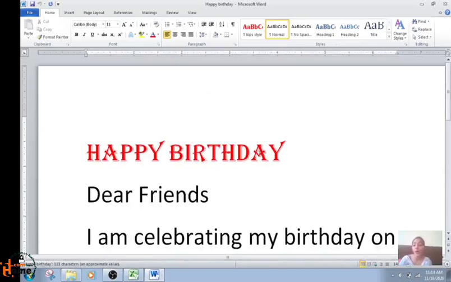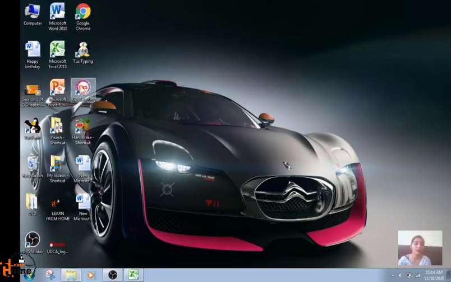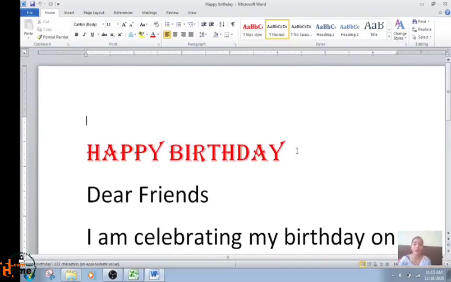Okay. Now I want to close this MS Word. How will I do it? I will simply click on this close button, or I will press Alt plus F4. Where is the Alt key? Alt, and along with it I will press F4. See, the document has closed. MS Word has closed. Okay. We will open it again. This is our desktop. Find where the happy birthday file is. Here it is. So we will click it. Okay, and it is open.